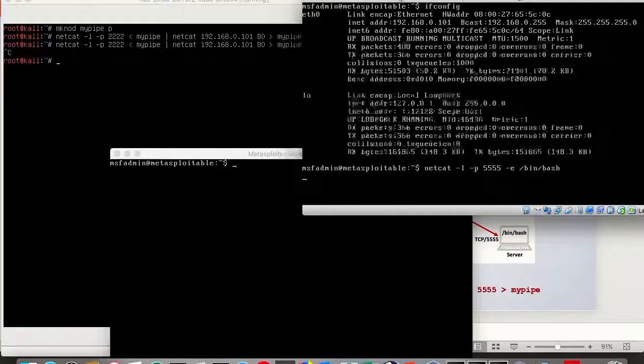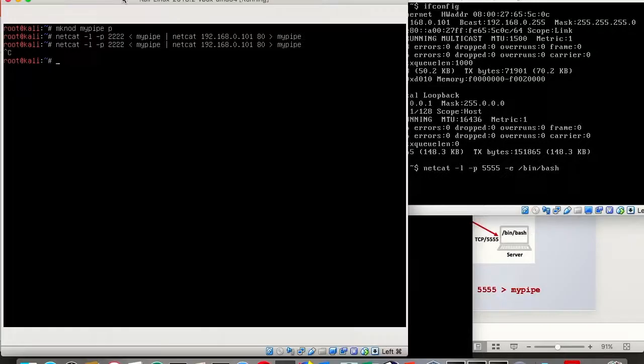All we need to do now is, on our relay system, we're gonna have exactly the same configuration as before, and the only thing we're gonna change is the port number. So we will have 2 instances again of Netcat. The first one is gonna listen on port 2222, which our system will connect to, and then the second instance is gonna connect to the Metasploitable target system on port 5555, and then we should have a shell.